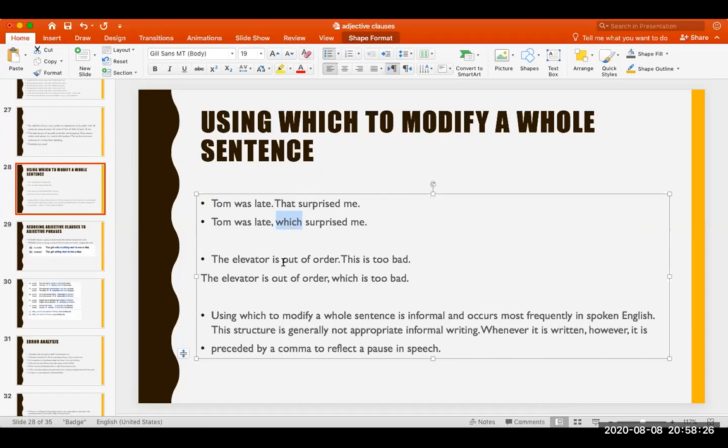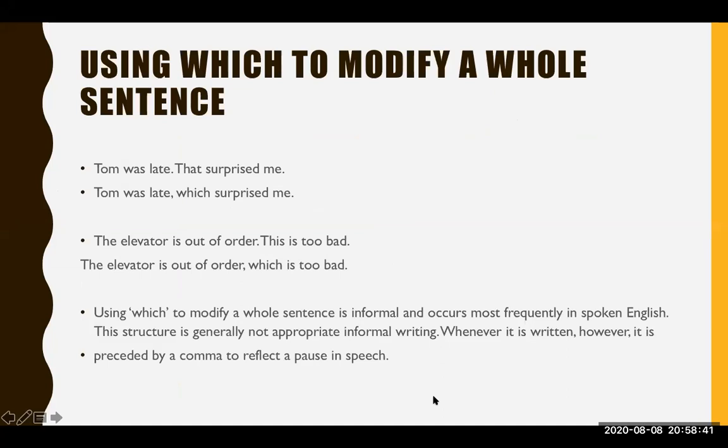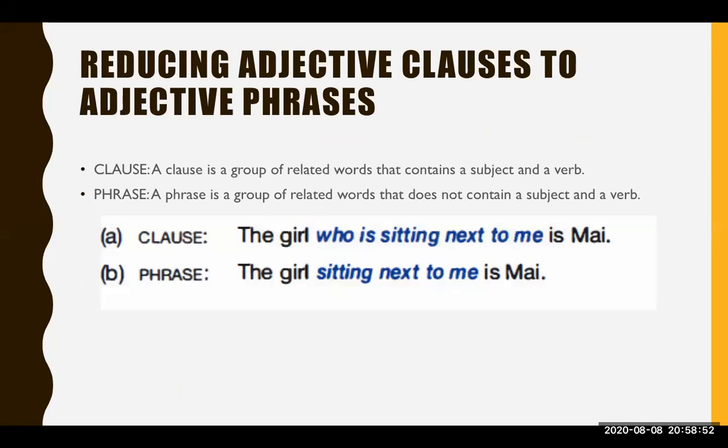Tom was late. The elevator is out of order. This is too bad. The elevator is out of order, which is too bad. So using which here, again, the commas are necessary. Using which to modify a whole sentence is informal and occurs mostly in spoken English, but it's really interesting. He comes to class late, which is bad. Now reduction: in the next video, I'll talk about reduction, but I have to talk about it a